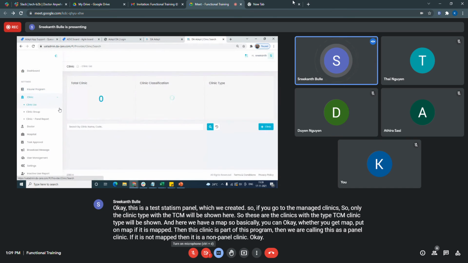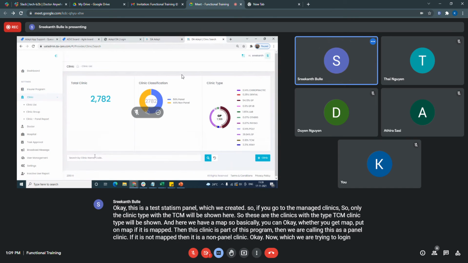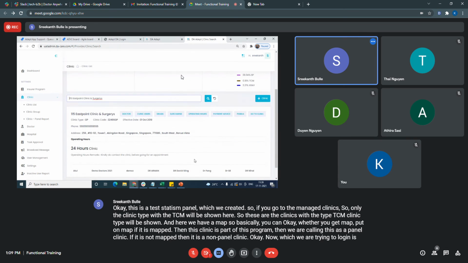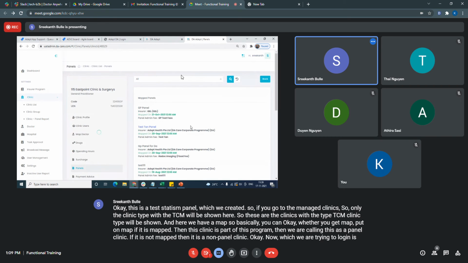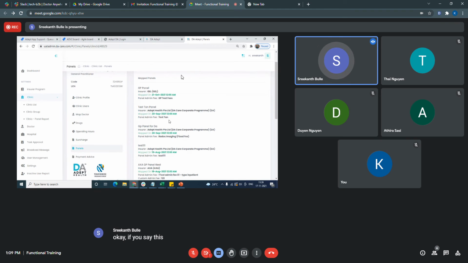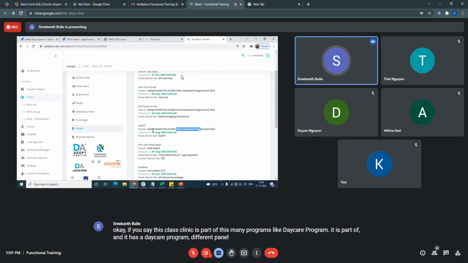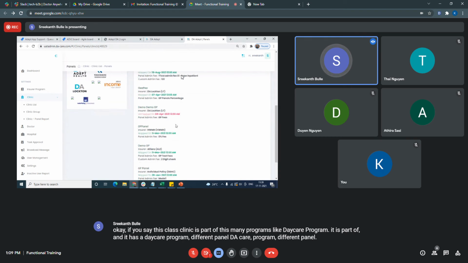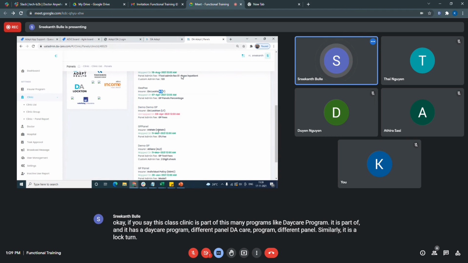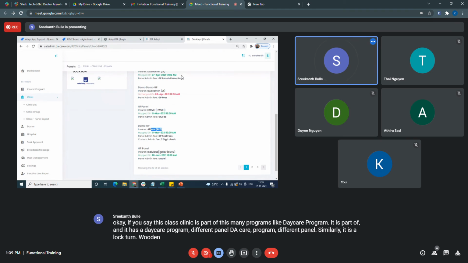Okay, now which we are trying to log in is, okay. If you say this clinic is part of these many programs, like the daycare program, it is part of, and it has a daycare program different panel. Similarly, it has Lopton, Howden, Alliance, and GE Health Connect also.